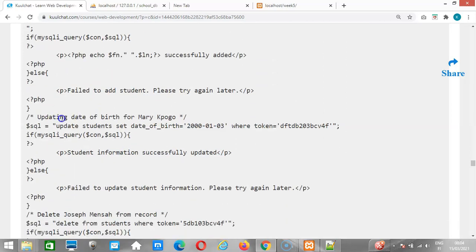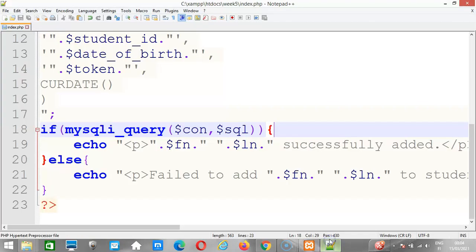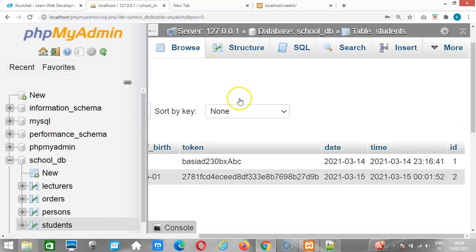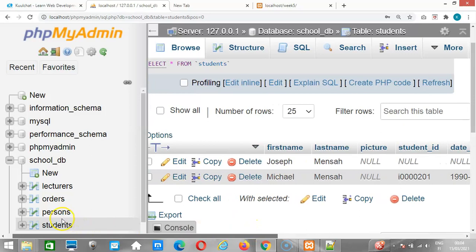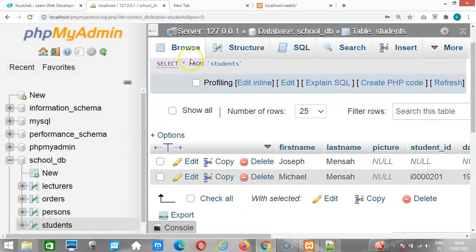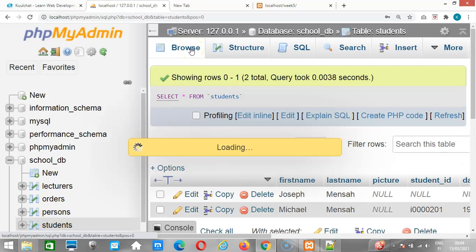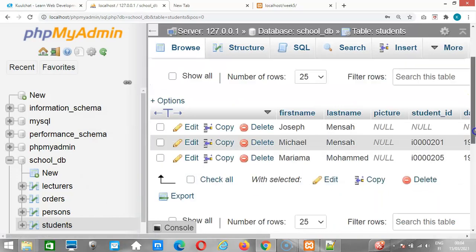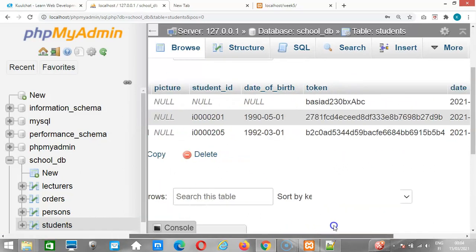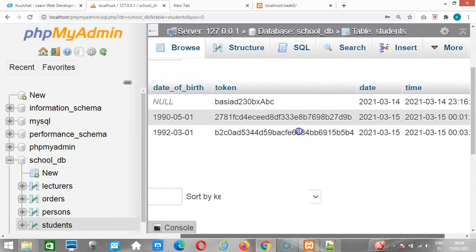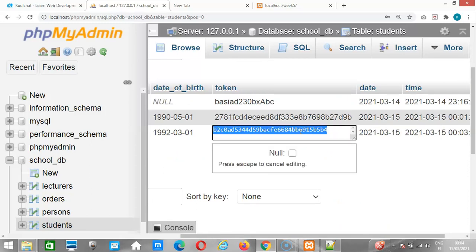Okay, so if you want to update the date of birth, it says update the date of birth for one person. So if you are updating the date of birth for, like, the token for one of them. Okay, so this token, Mariama, let me check the token for Mariama. Okay, so that's the token for Mariama. So I'm going to write a query,